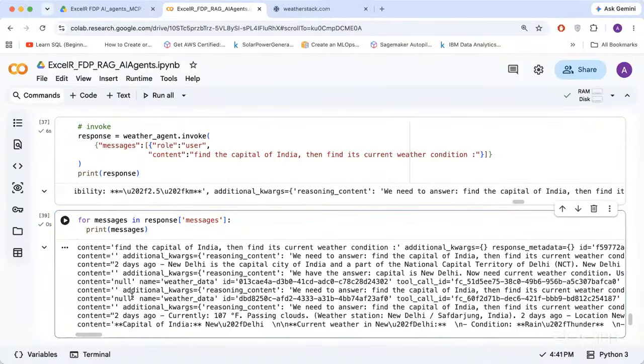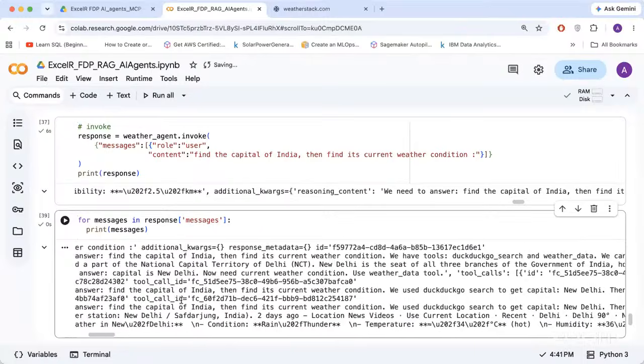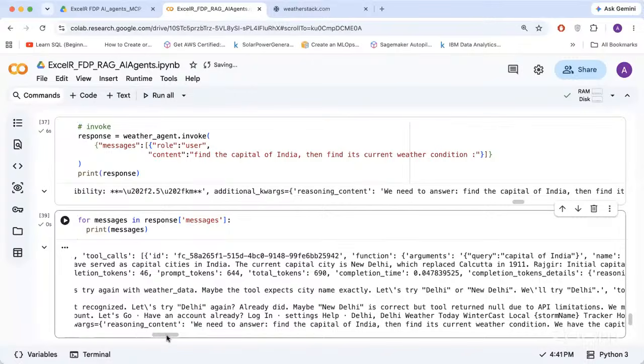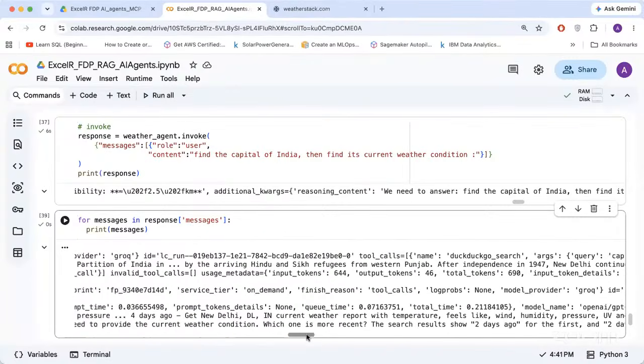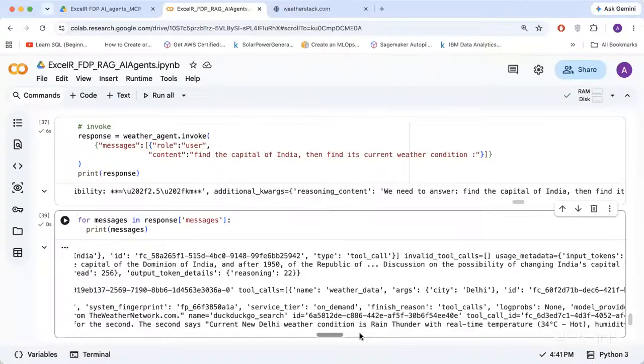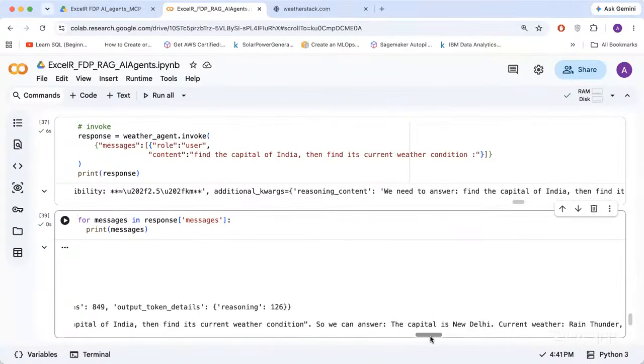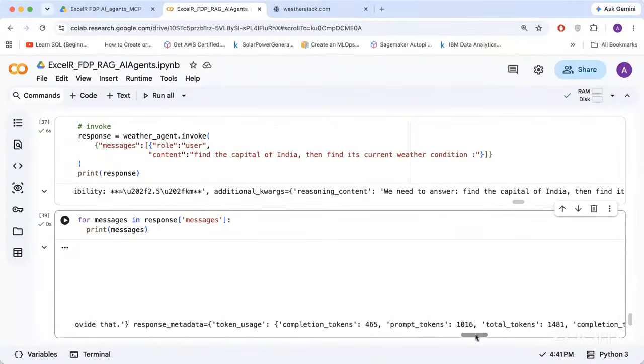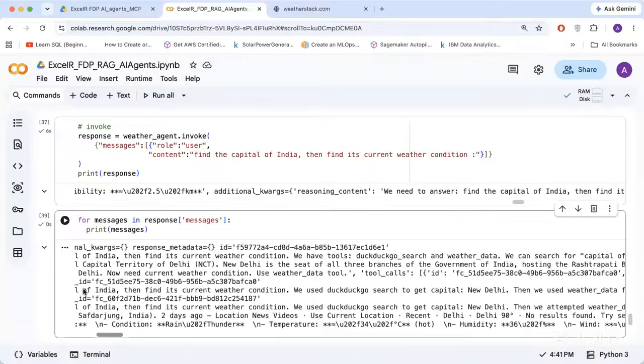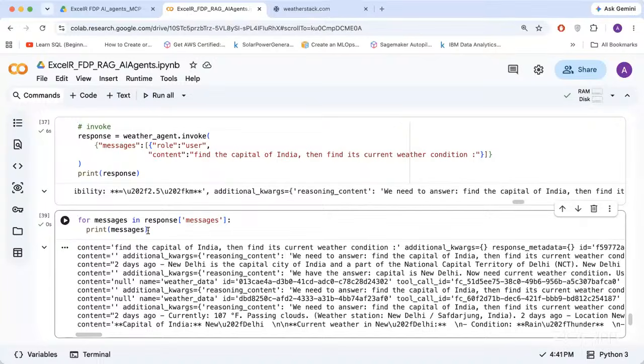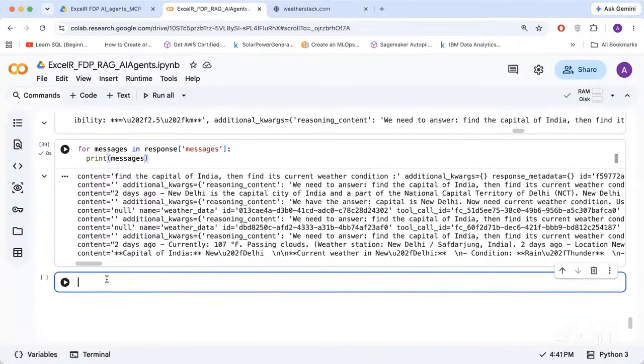Okay. So it has asked all of these questions. Yeah, and then it's giving that in a slightly better way. Yeah, all of the tokens and the token detail. Okay. So many times it has run all of these things. Now we are getting the answer. Okay. How about we just put